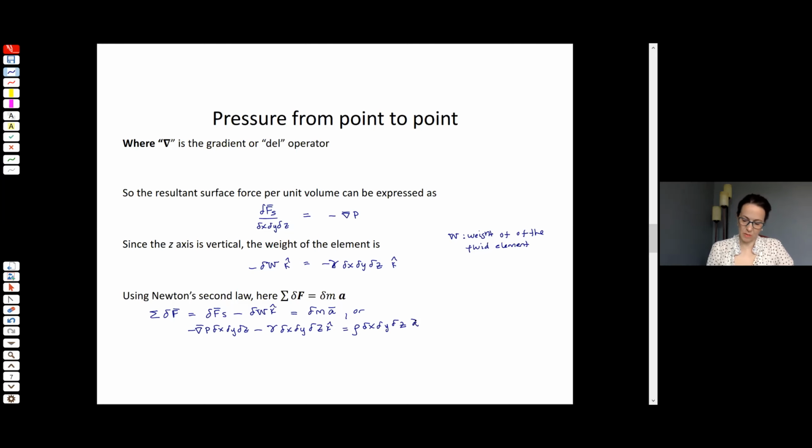Where's that coming from? That's the infinitesimal mass, right? Mass is density times volume. So we've got our density rho, and then our infinitesimal volume, dx, dy, dz. So therefore, we can write this as